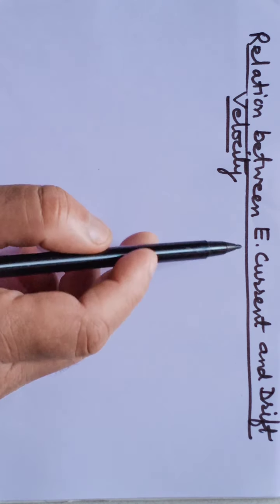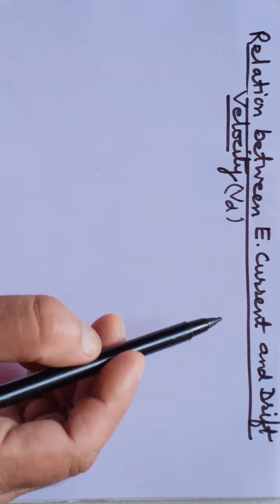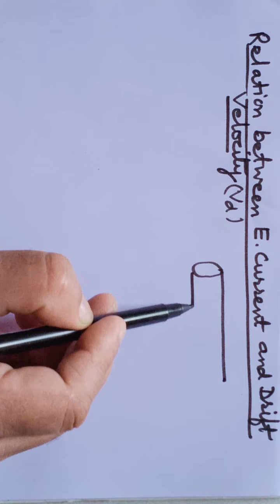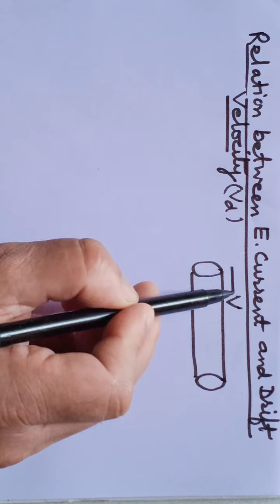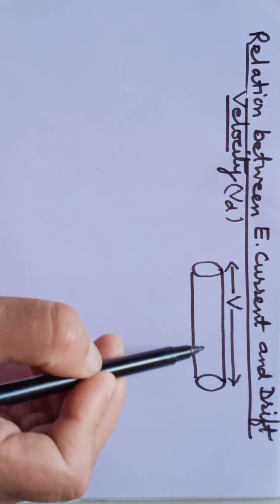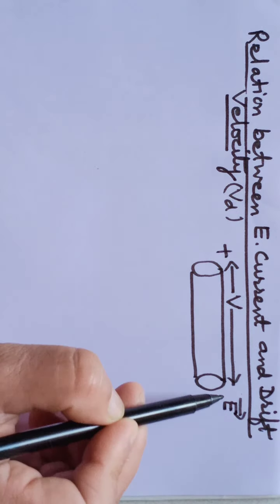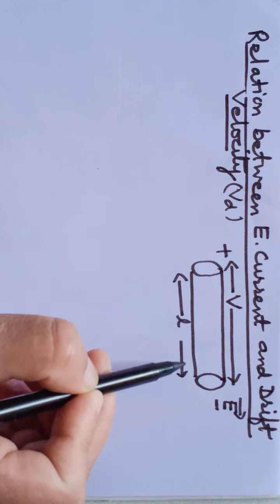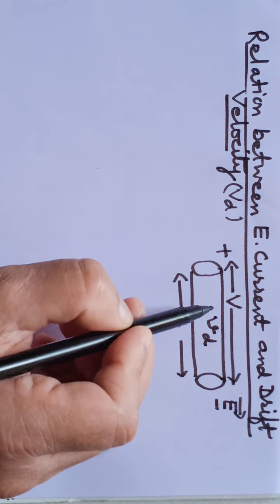Now next we have to develop a relation between electric current and drift velocity. So for that, let us consider again a conductor. And this conductor is supplied with a potential difference V, so that the electric field along the direction is E. Let the length of the conductor be L. Drift velocity of the electron is Vd, which will be